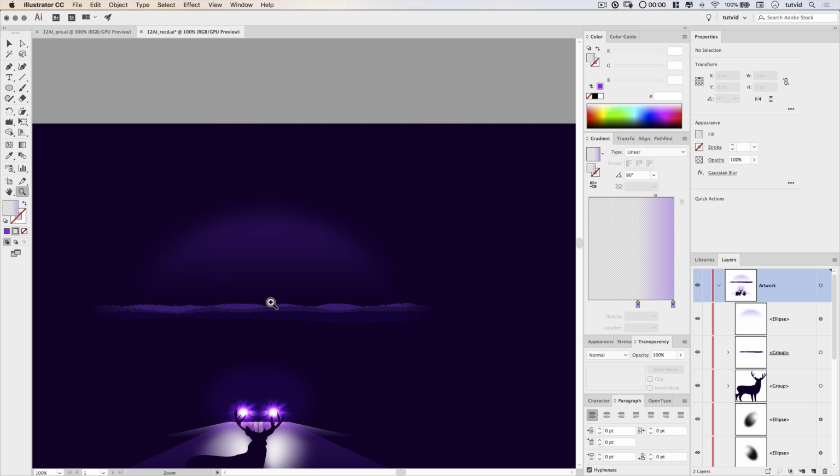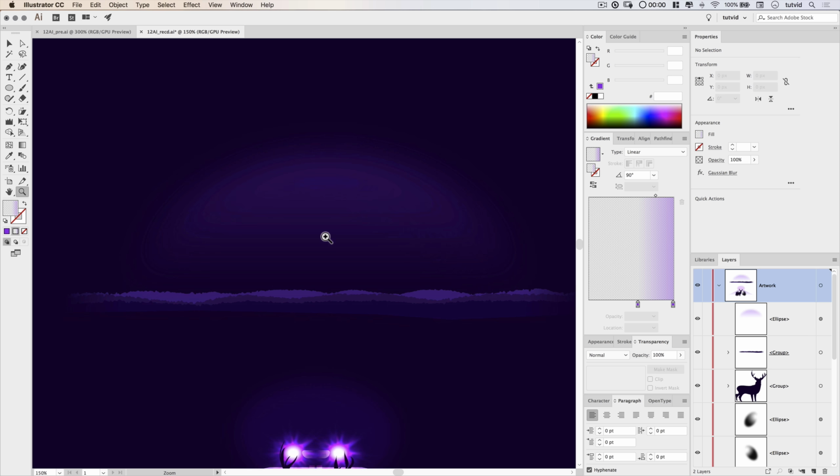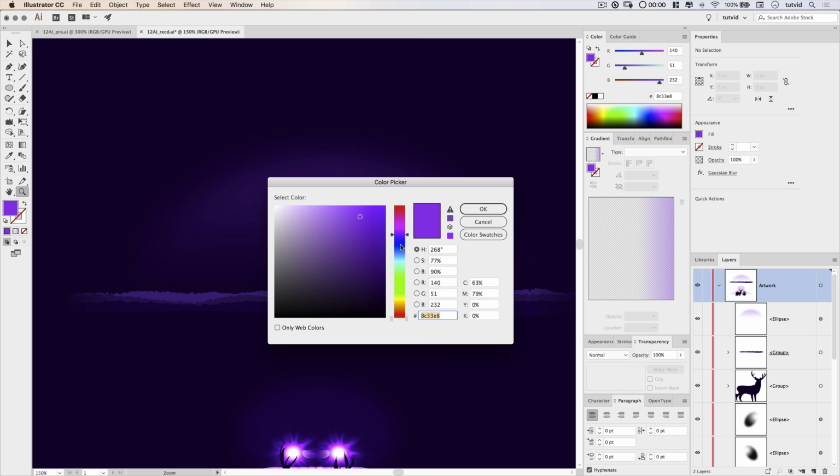Okay, let's zoom in on our sky a little bit, and I'm going to add some stars to the sky. The way I'm going to do this is by setting my fill to a very, very light yellow color, and I'm being very specific. I don't want this to be exact white, mainly because I feel like stars have just a slight hint of yellowish color to them, but also it's going to make all these stars easier to select in just a minute. So I'm going to go with something like FFFFEE, hit OK.